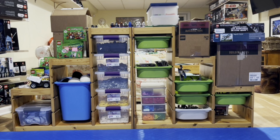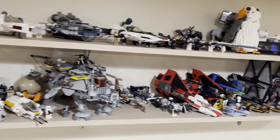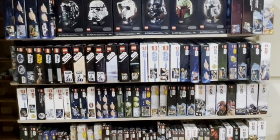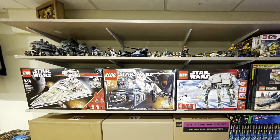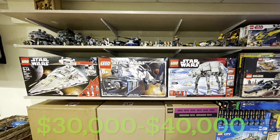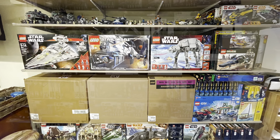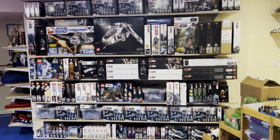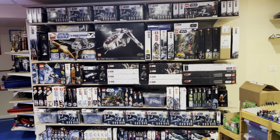All right, so those are all the LEGO Star Wars sets that I had in this 4th section. And going over how much my entire collection is worth, which is probably the question that you all had in mind. If I wanted to sell all of this, realistically, in my opinion, I could get anywhere between 30 and 40,000 for my whole collection. Now, I think it's worth 40,000 if it was local. If I sold locally, I doubt any baller is going to show up with 40 grand. But if I sold it on eBay, I feel like I could get around 30,